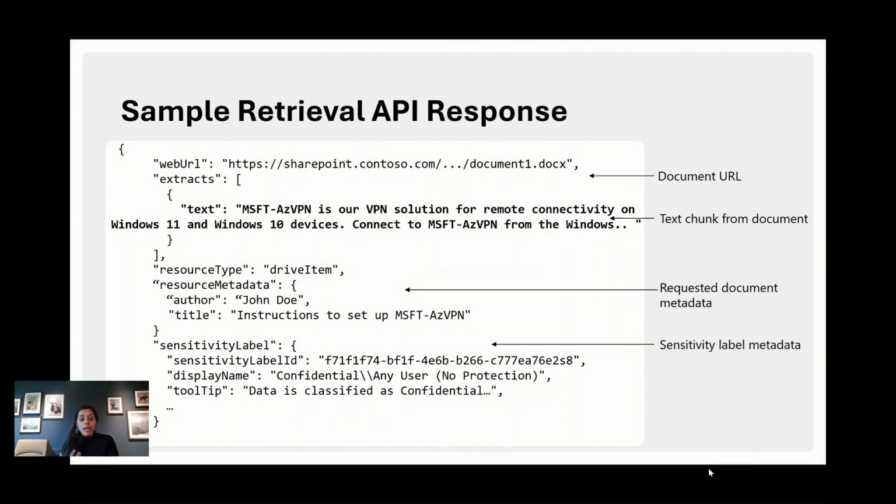And finally, last but not least, and we did not see this in the demo, but we are now going to send sensitivity labels, because we understand that for enterprises it's really important to know how a specific document should be accessed, and sensitivity labels is how enterprises do this at scale. And so, for example, if a certain document is marked sensitive and cannot be seen by vendors, then we are going to provide you this information as part of the result set, so you can decide on how to appropriately surface these results to your end users.